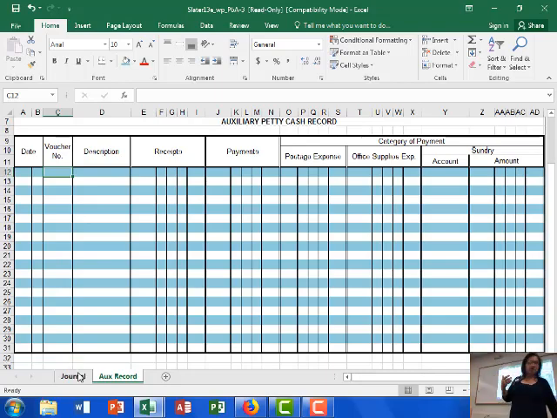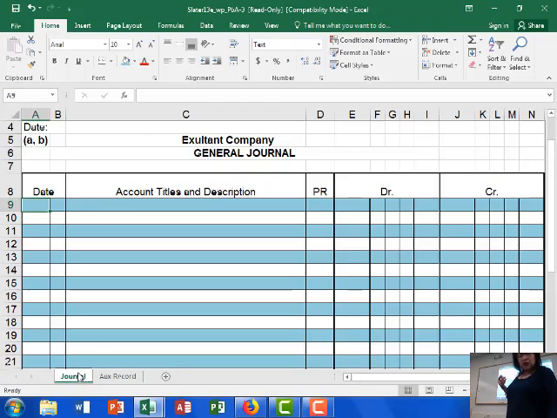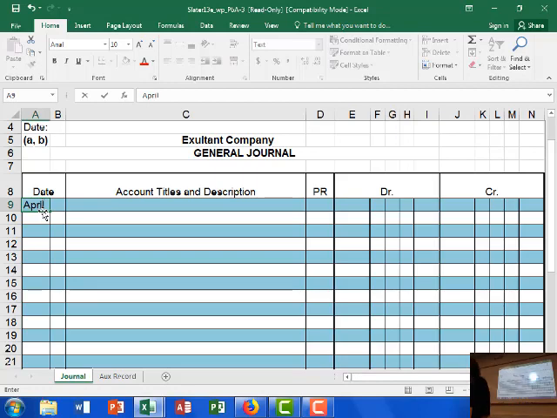So the first thing that we're going to do then is to begin to journalize the first item that is there on the first in your general journal, which is to set up the petty cash for how much? $150. And he did it via check number 14.